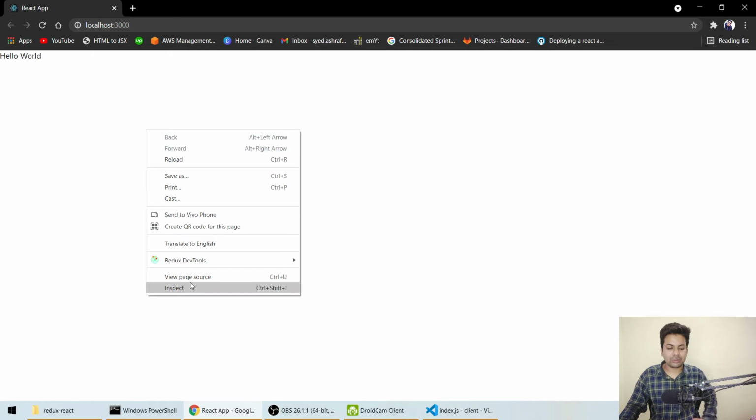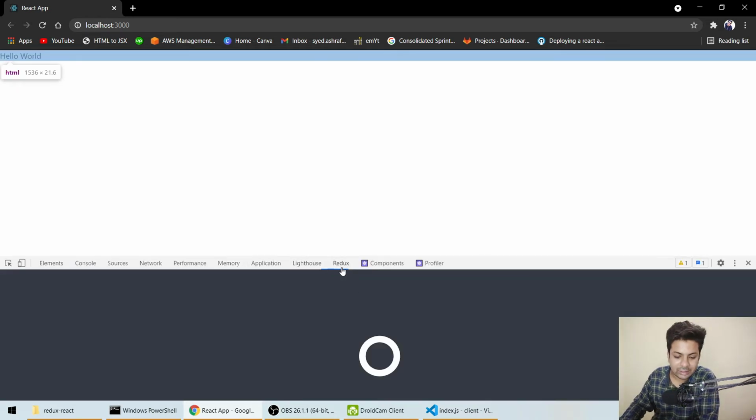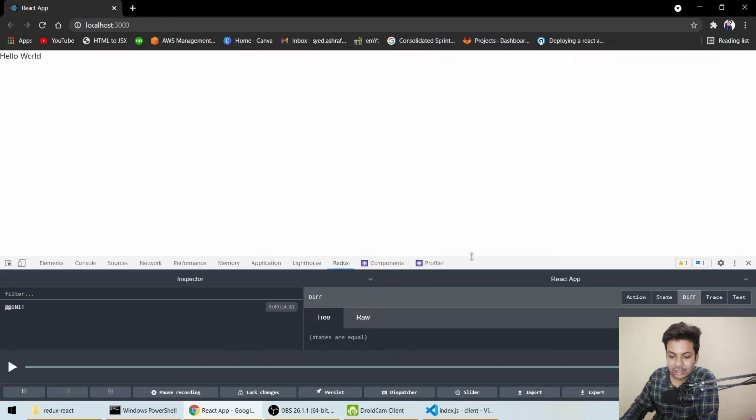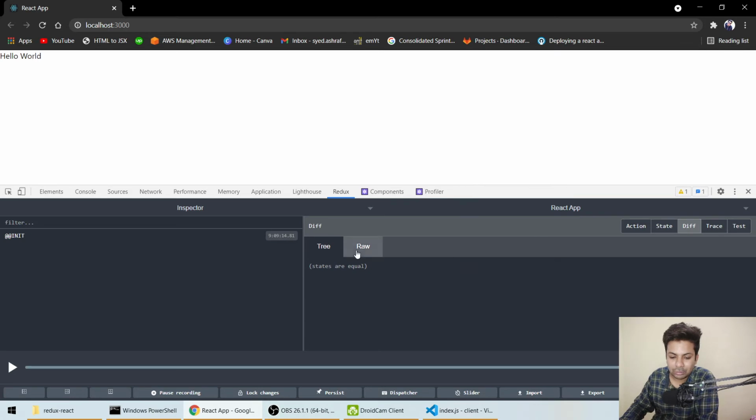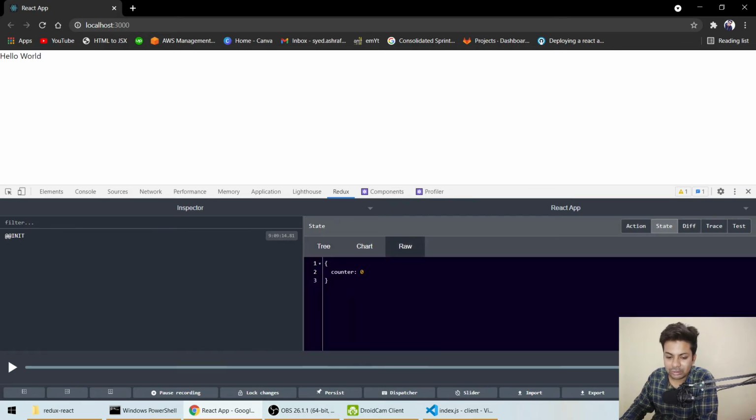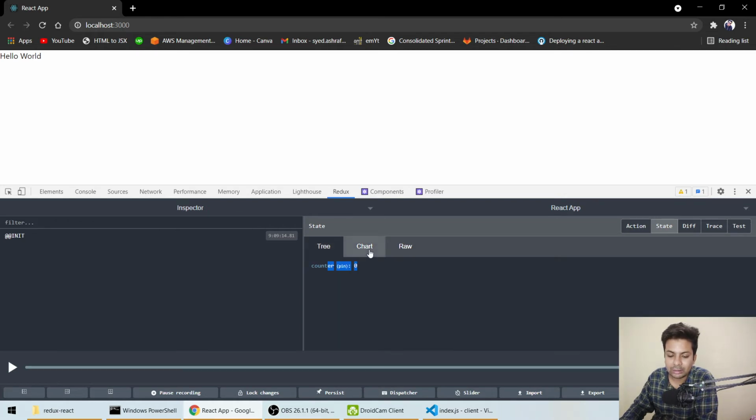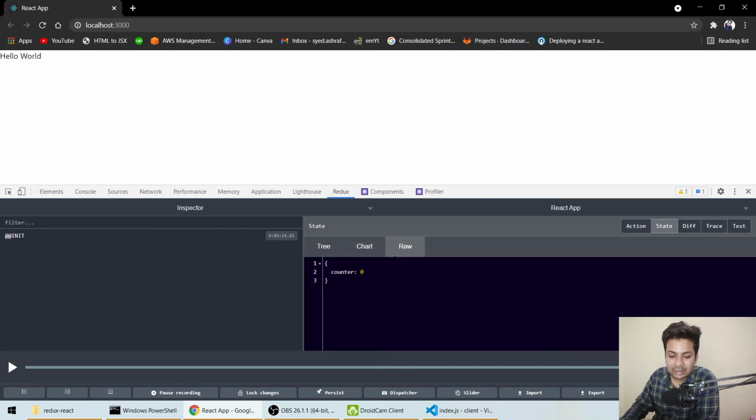So let me go to inspect and this Redux part. Here you can see the values. If we click on State, we see counter has a value of 0. This is the tree and chart, showing how the values are changing. When you browse more and use more of the Redux part, you will get to know it. Counter currently has a 0 value.